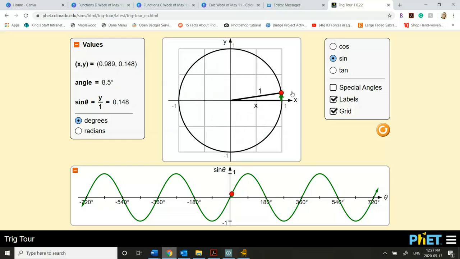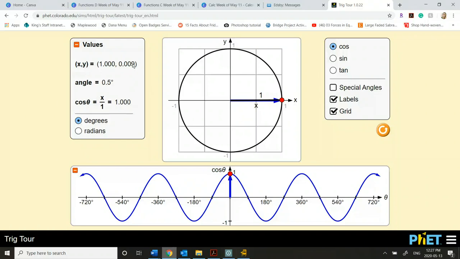All right, now let's take a look at cosine. If you remember back from our previous unit, cosine actually tracks x over r. And in this case, for the unit circle, our r is equal to 1, a radius of 1. So I'm looking at how far to the left or to the right of the center our point is. At 0 degrees, our normal 0-degree location, we're 1 unit to the right of the center. And that's why cosine actually starts at a maximum. It starts at 0, 1,